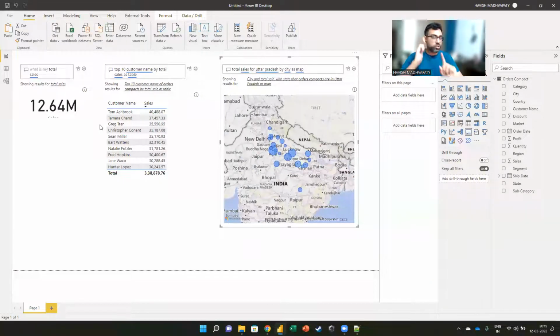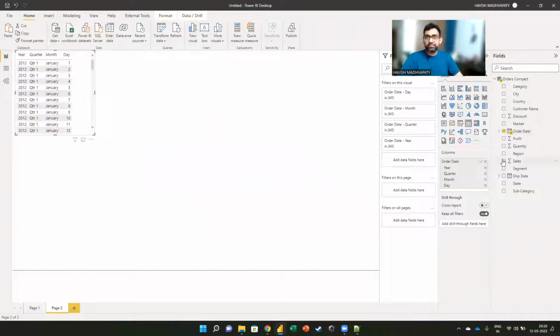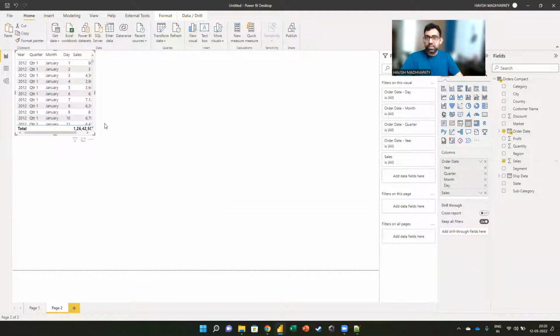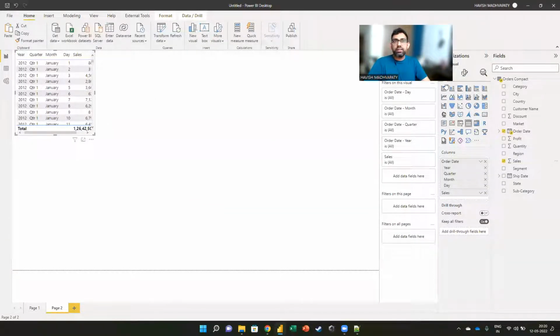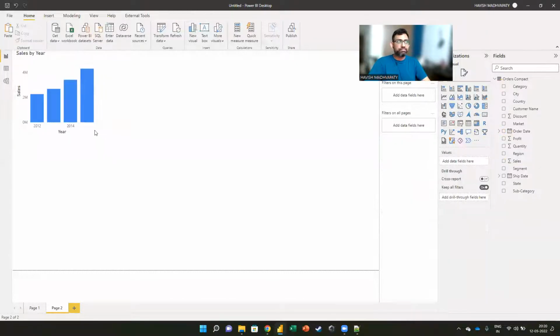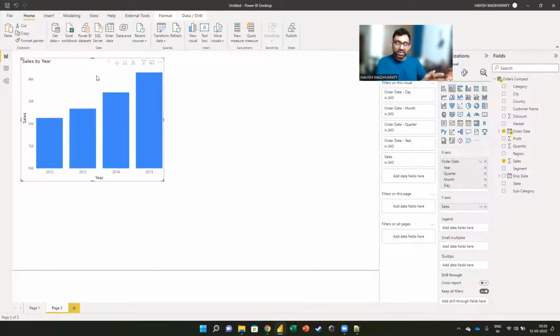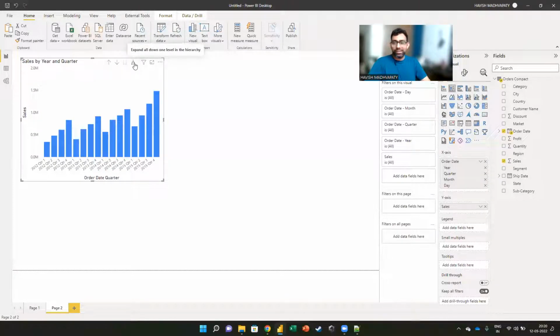Before you ask your question, let me show you one more AI tool. Then I'll take a small pause, okay? Now imagine that I want to know the sales for my last 4 years, okay? So I will put my order date and my sales value, okay? But we will convert this not into a table, we'll make this into a column chart, right? But I just want to look at the last year, not the last 4 years. So I will expand it one time.